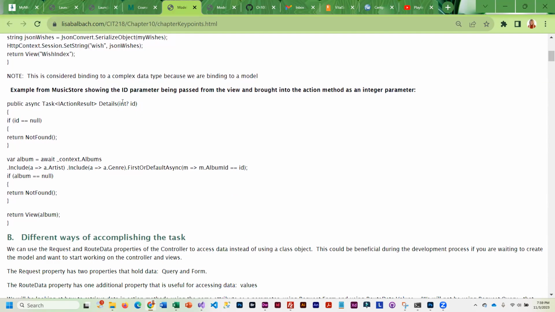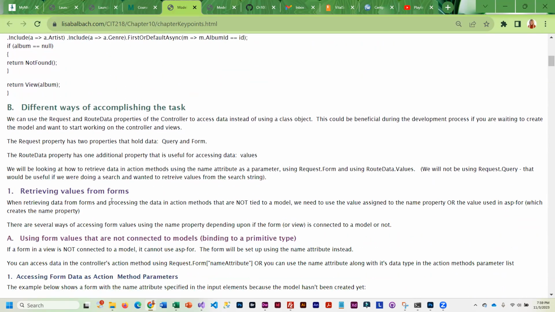and how we've been accessing that parameter data. And then we look at a couple other ways to accomplish the task. And specifically, we're going to be using request.form and routeData.value. Okay, so you're going to learn how to use both of those to route. request.form actually allows us to